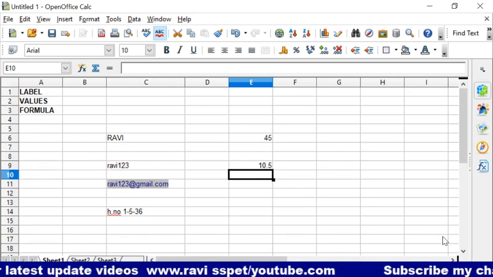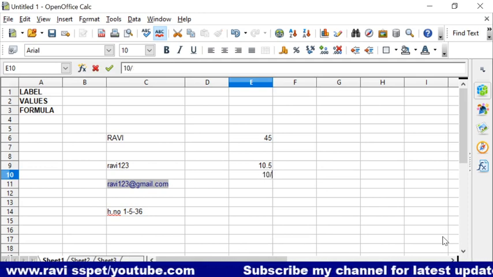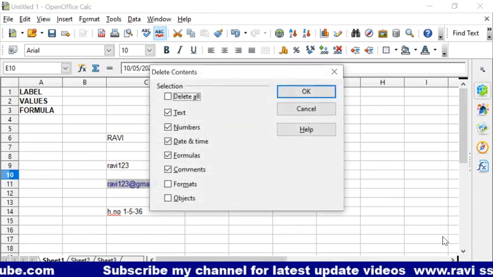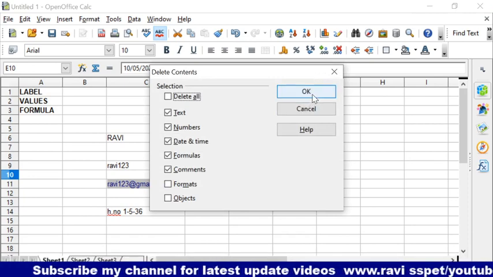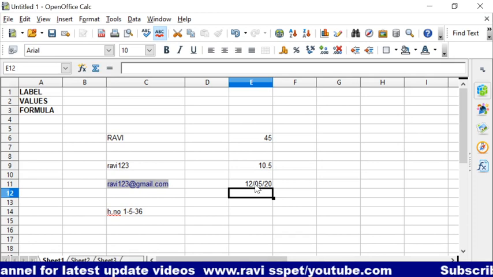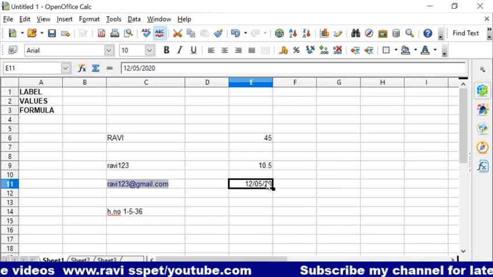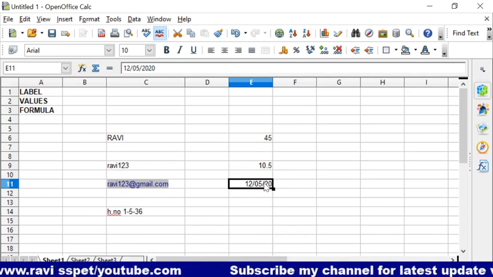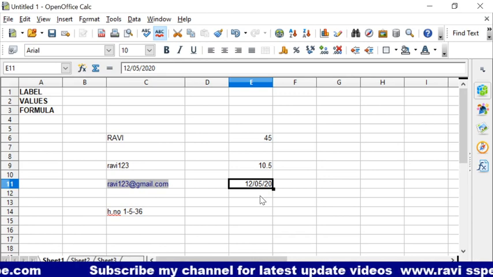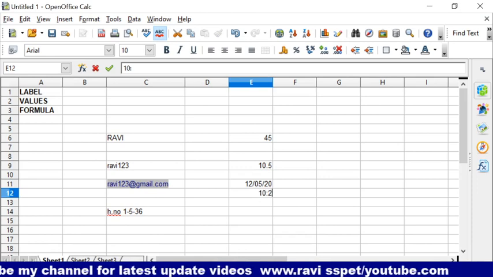Fraction, for example, 10 by 5, enter. This also comes under value. Why? Because this is the date. See here, 12/5/20. This also comes under value. For example, time. If you want to mention the time, 10:20.